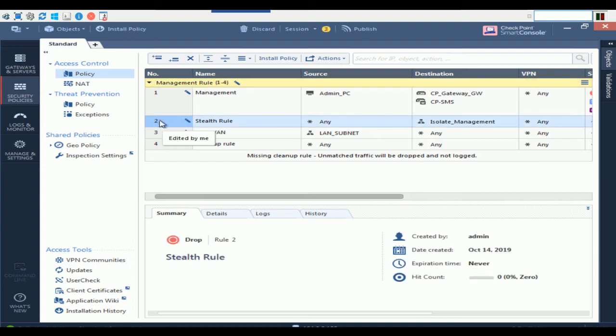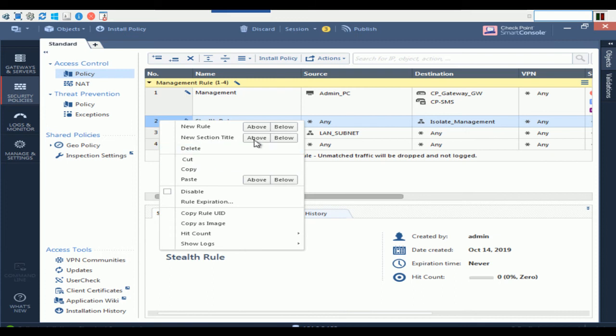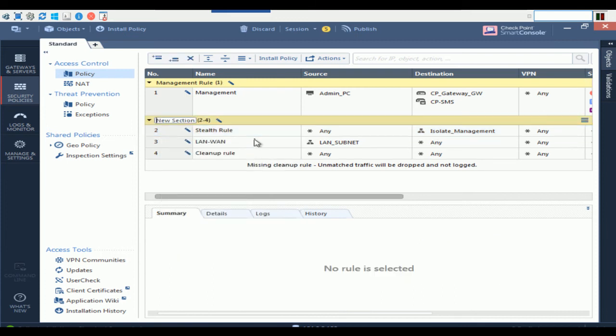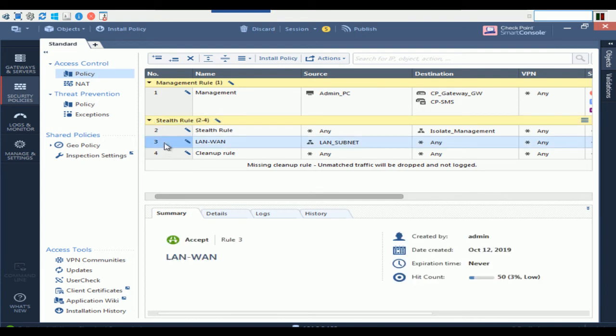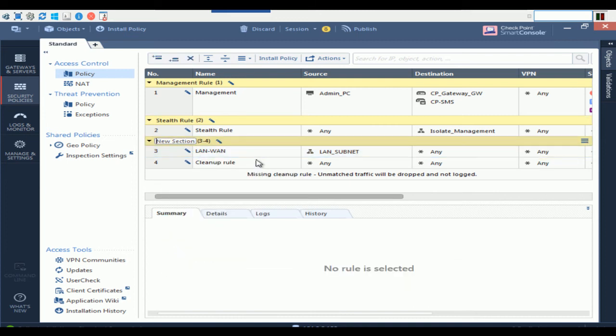Now here we can say this is my stealth rule. Here you can give the section title as internet rule. Let's say we are saying internet rule,